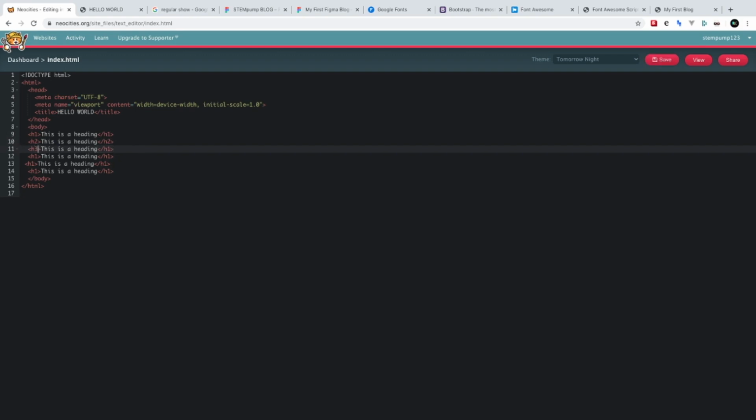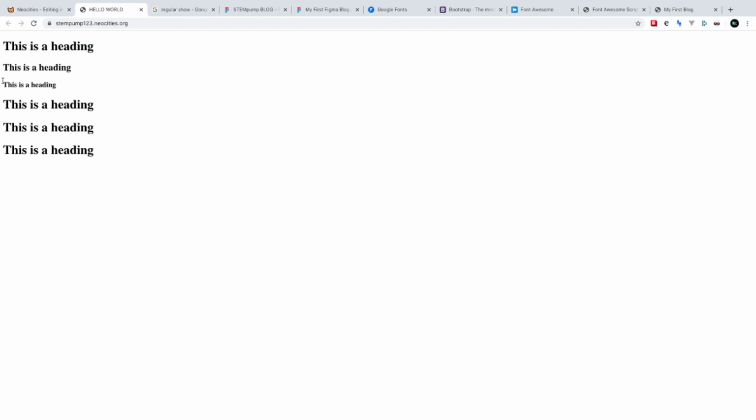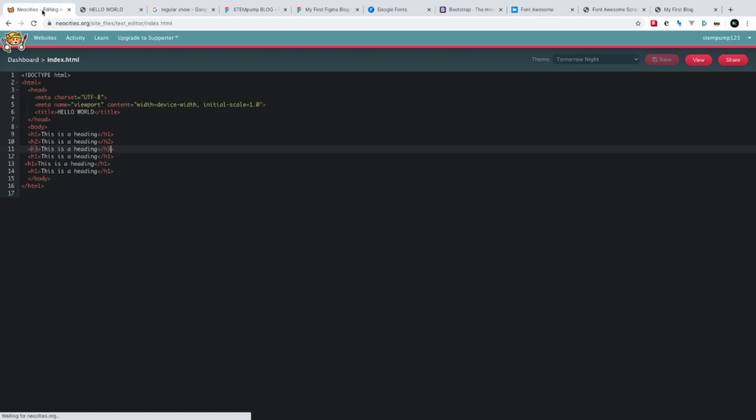Next, we're just going to look at if we do 3. If we look at 3, see that this one is even smaller than H2. And that's how it works. So we can go all the way down to 6. So if you try H4,